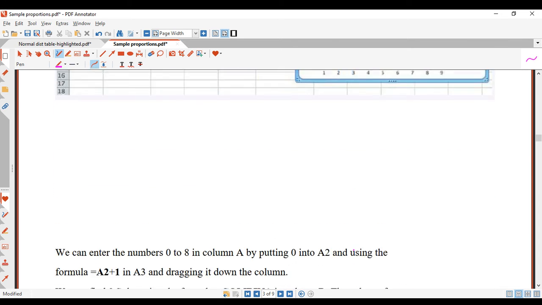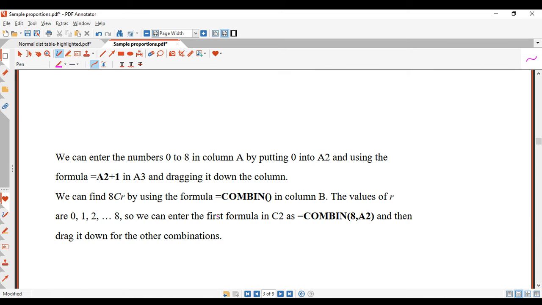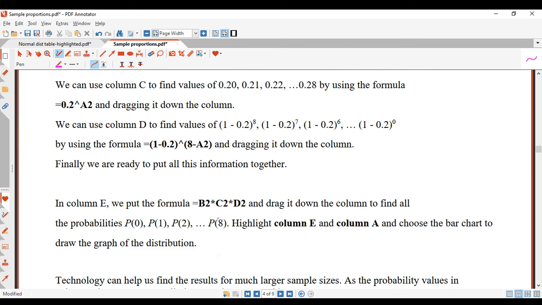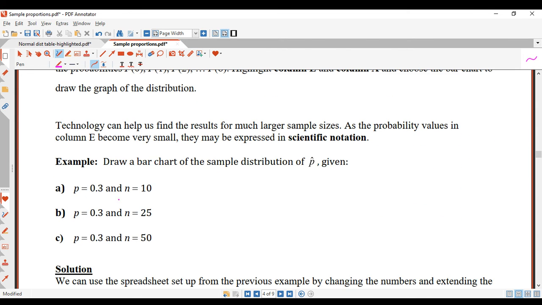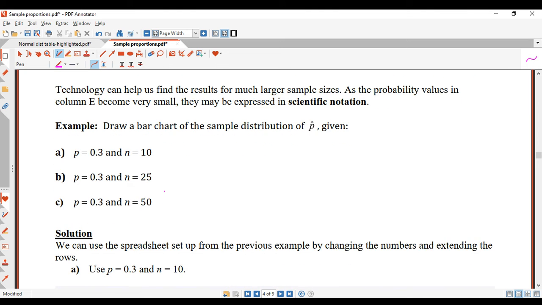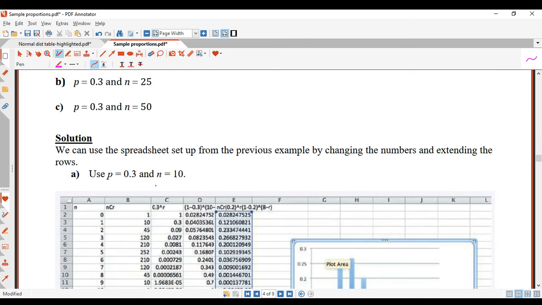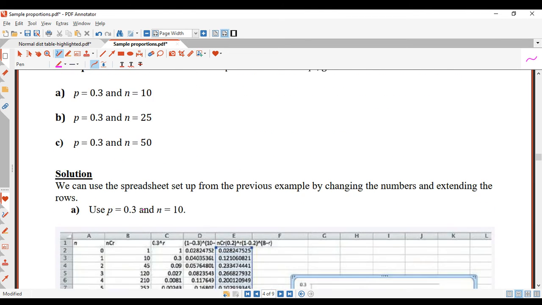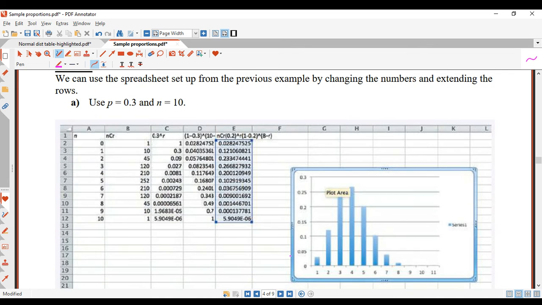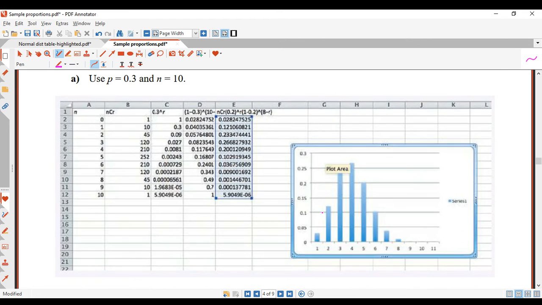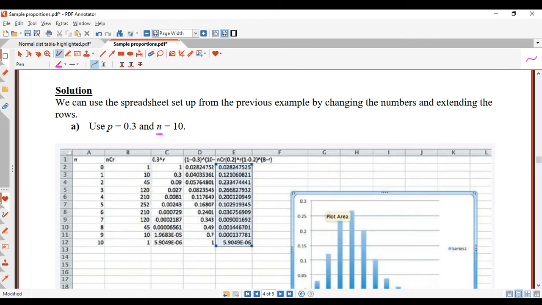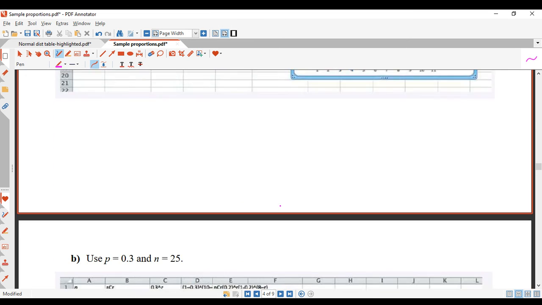So let's move along, and here's some instructions on how to do that on the spreadsheet. Some more instructions there. Now, if you draw a bar chart for p equals 0.3 and n equals 10, using that previous formula from the spreadsheet, now we're just going to put these 3 solutions into the spreadsheet. Now, let's have a look at the shape of the distribution. You should see a progression. The bigger the sample size, so you can see we've got a sample size of n equals 10. The bigger the sample size,